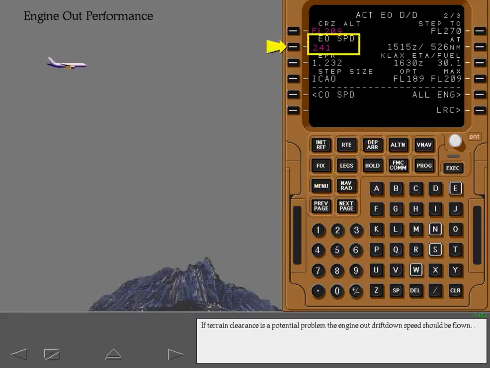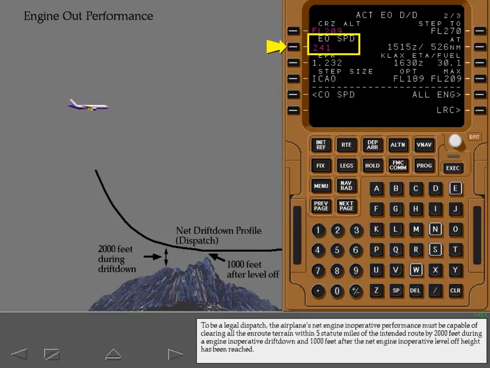If terrain clearance is a potential problem, the engine out drift down speed should be flown. The dispatch requirements for terrain clearance are based on this speed. To be a legal dispatch,